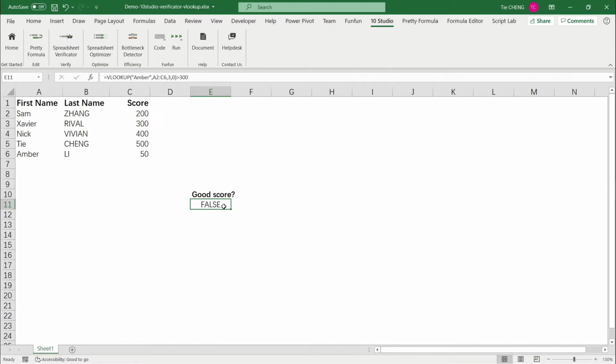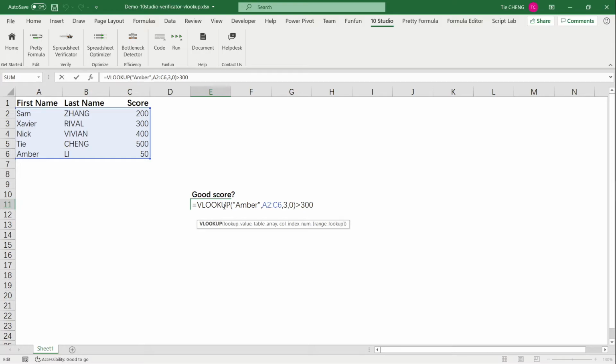Now let's take a look at an example where an operation with type mismatches is an intentional effect of a problem upstream in the spreadsheet. Once Spreadsheet Verificator has identified this operation, it could be a clue about the problem upstream. Let's see this example. Here we have a formula which finds out the score of Amber, then checks if it